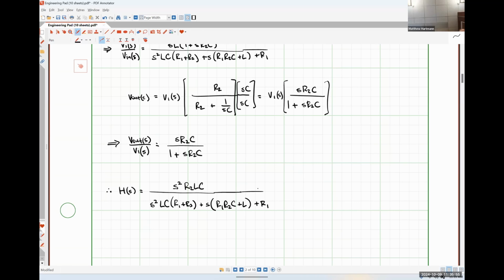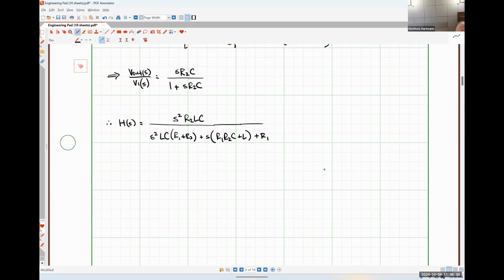So the last thing that I'm going to do here is I'm going to get rid of this coefficient that's multiplying the S squared term. So the reason why I'm doing that is because if we looked at our Laplace transform table, all of our S squared relationships and all of that kind of stuff, they have a coefficient of 1. So I'm just taking that to the outside so that we can make it look like things that we've seen before. And while I'm at it, I'm going to go ahead and just move this constant term of R2 over LC out as well. And so what that's going to look like is,